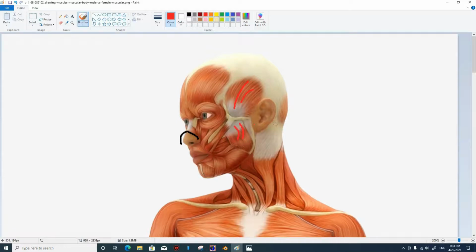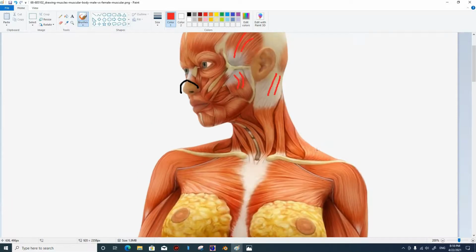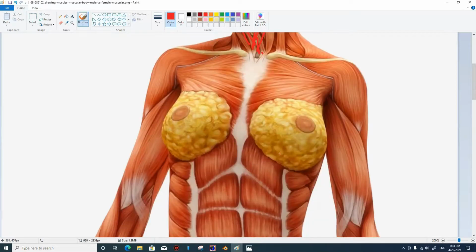Scene topology for muscles. If you are going to create a neck, for a flexible and realistic neck, you must follow the scene topology. This side comes to the front side, and this side comes joining here, and below here this scene topology works also.